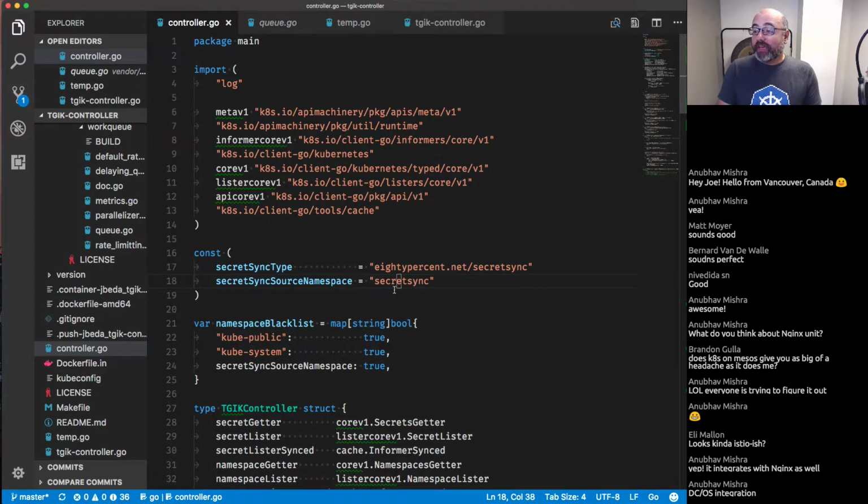But anyways, and then we're going to have a way to essentially synchronize those and copy those into other namespaces. The scenario here is that I'm running a development cluster for a bunch of developers so that they have a cluster that they can play with. Every developer maybe has their own playground namespace. And I want to provide secrets to them, but I want to do it in a way where we have a central administration of these secrets, and I want those secrets to be updated across all of those